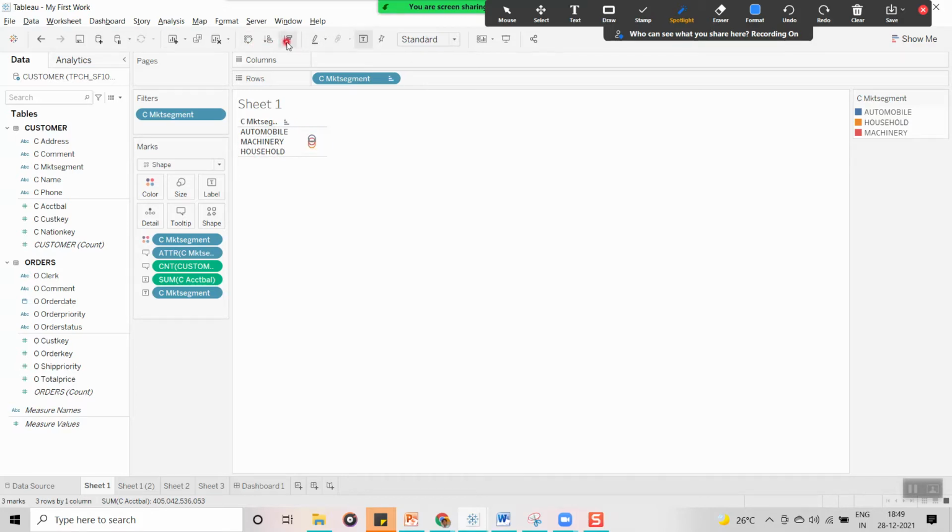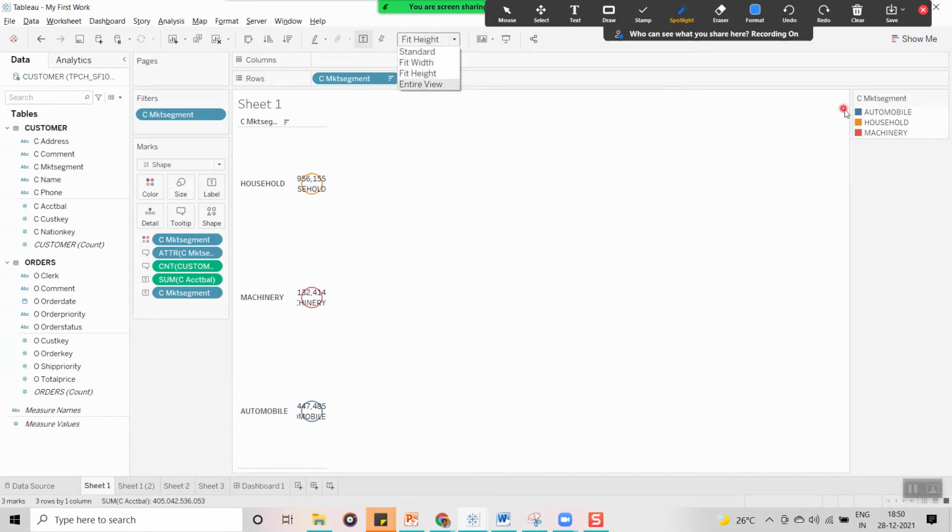And this is a highlight, so I will explain it to you later. And this is a simple one, guys. It is a standard, meaning how we want to display the data. Fit width: now you can see that the window is arranged from left to right. This entire window it is going to occupy. Fit width means the width it is going to occupy. Fit height means it is going to occupy from top to bottom. And entire view means width and height both it is going to occupy.